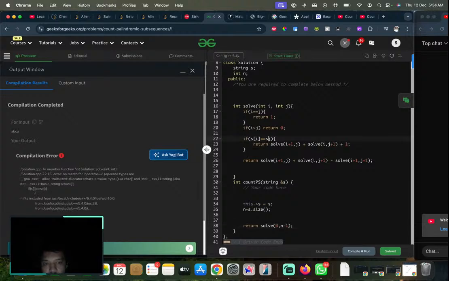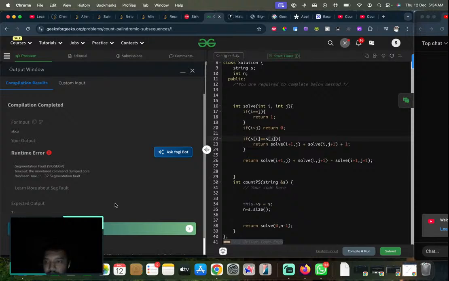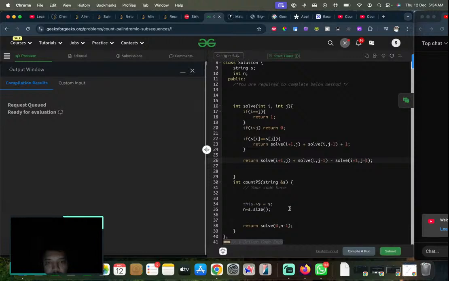S of j. Are there any errors that I can see with my bare eyes? Implementation fault, sig fault. Cool. If I is equals to j, return 1. If I greater than j, return 0. J minus 1. J minus 1. J minus 1. J minus 1. Cool. This is